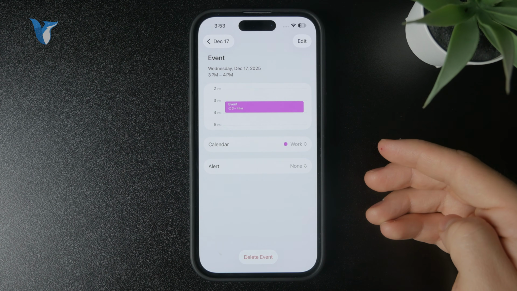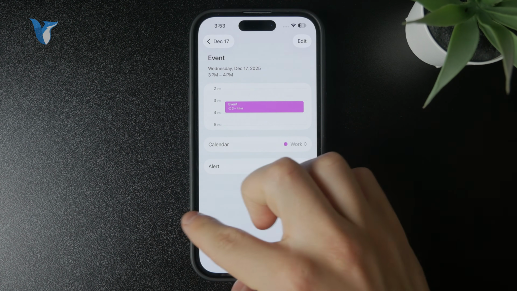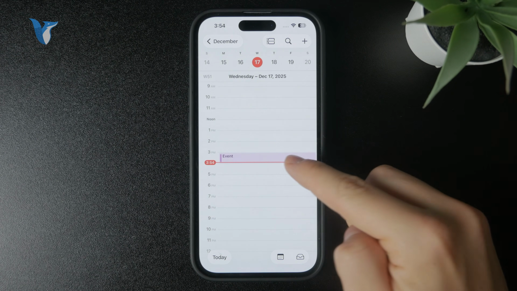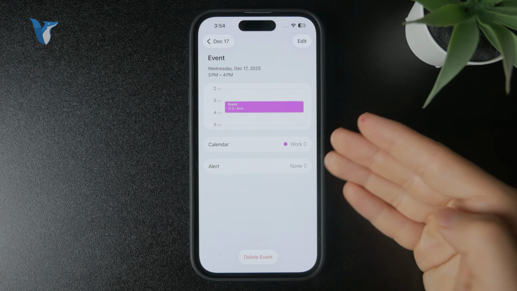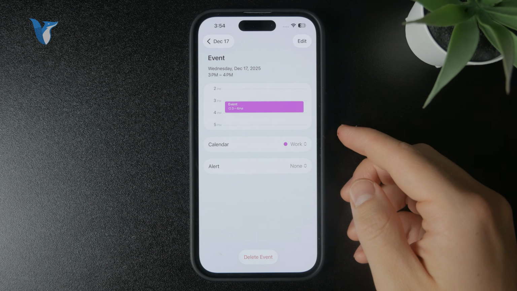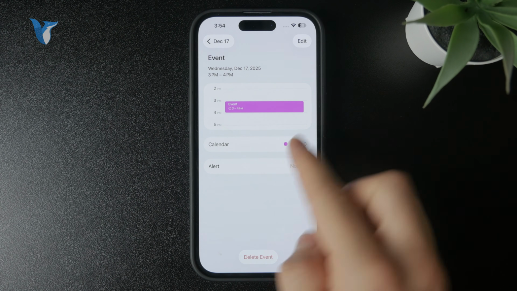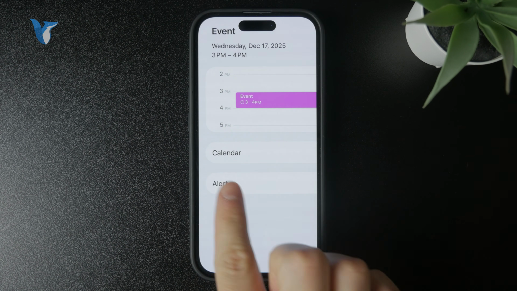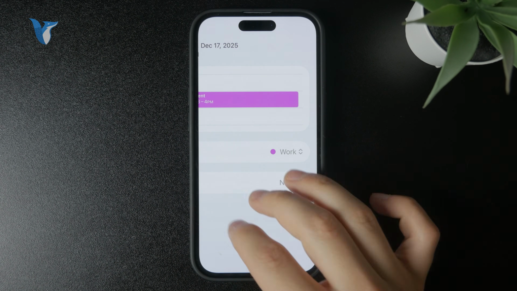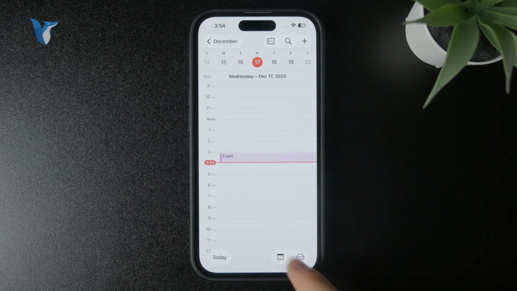But usually with these spam calendars, it's not just one event only, but so many future events and recurring stuff, right? And the only way to stop that from happening is to turn off and then delete the whole calendar. So in this regular view, tap on the calendars at the bottom,